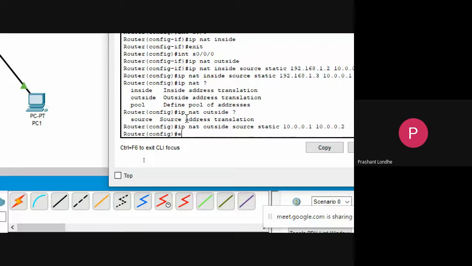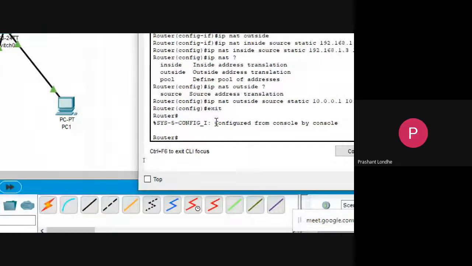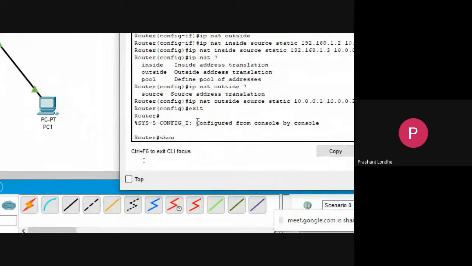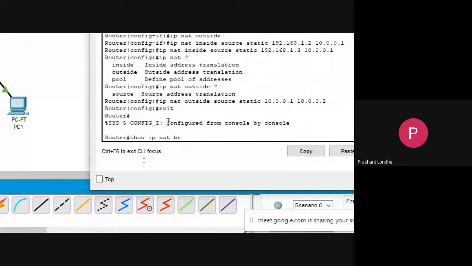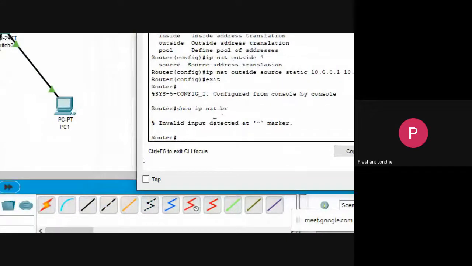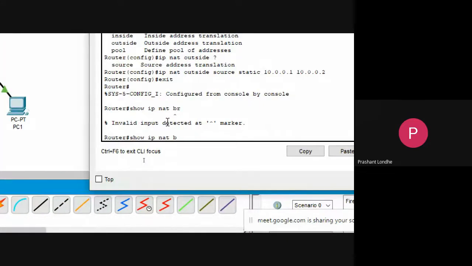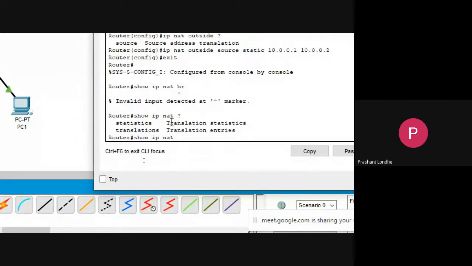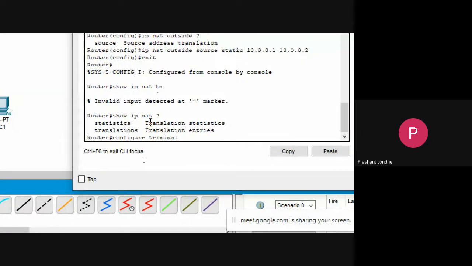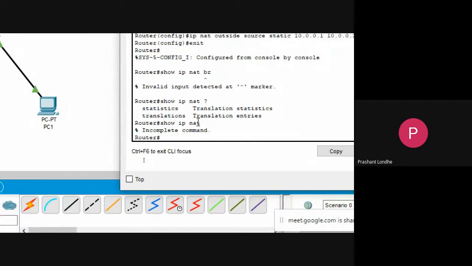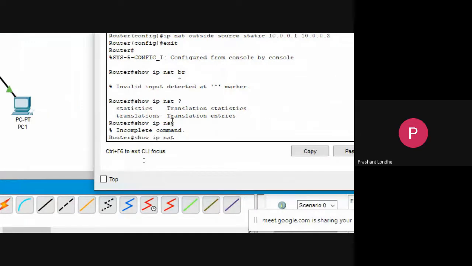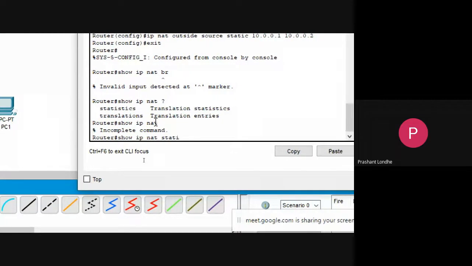So now I will do the exit, and here I will type show IP NAT BR. Show IP NAT statistics. Let us see.